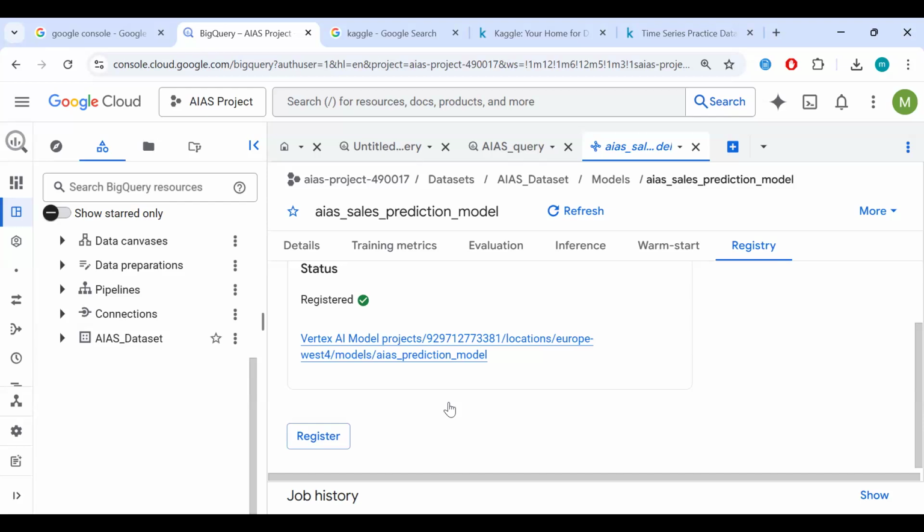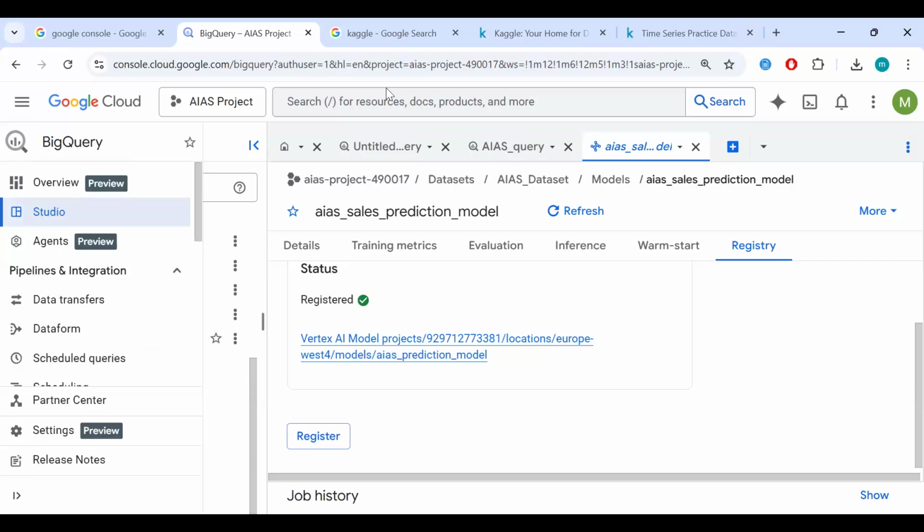So now we're moving on to Vertex AI, and this is another service that Google Platform provides.